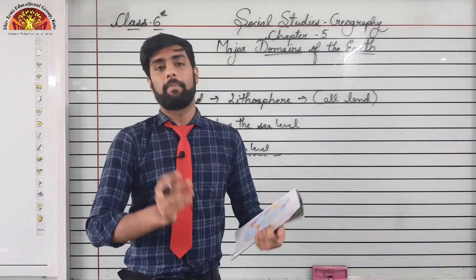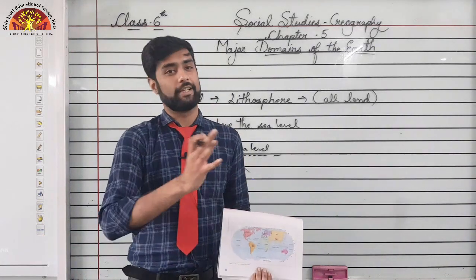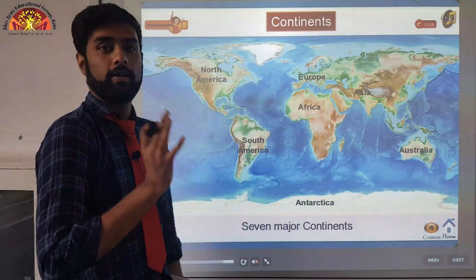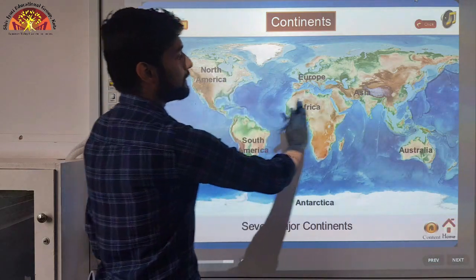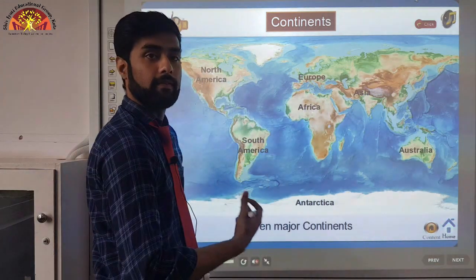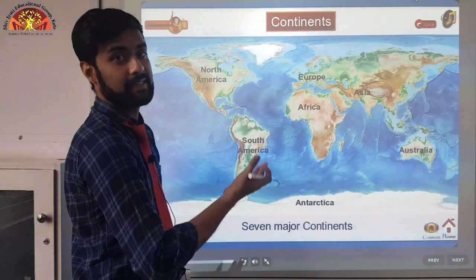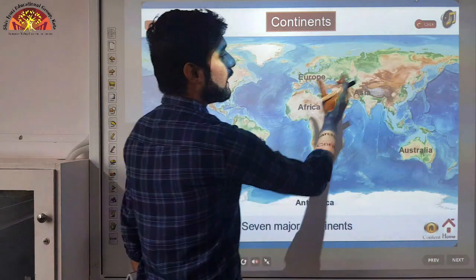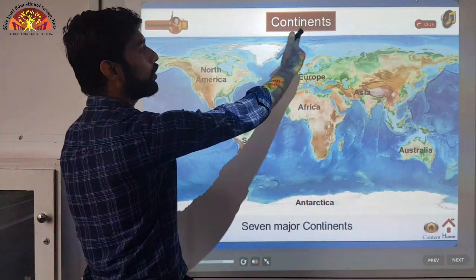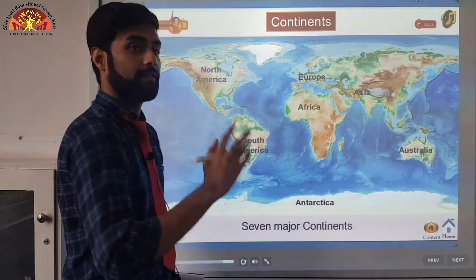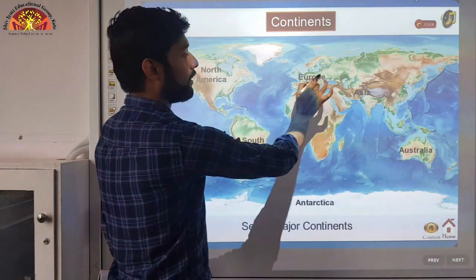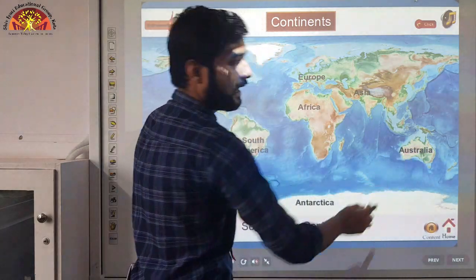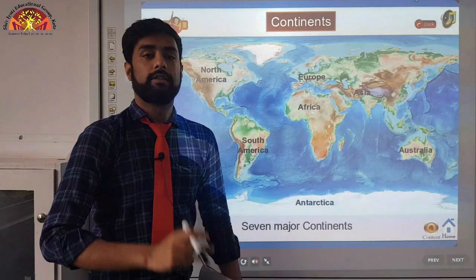Now, let us see the map of the world where I will tell you all about the continents and the oceans. Now students, look here on this map. Now, you can see clearly where the land masses are. Land masses are the places where we live, right? We cannot live in the ocean basins because we will sink. So we live on the land masses, okay? We have divided the land masses into different parts that are called continents, okay? So we have 7 continents, that is Asia, Europe, Africa, North America, South America, Australia, and the last one we have is Antarctica. So these are the land masses.